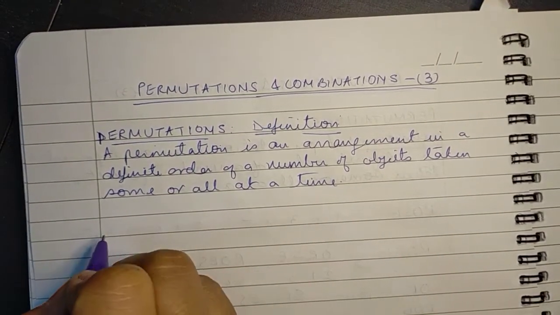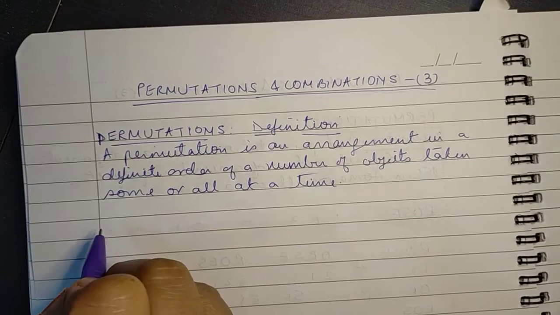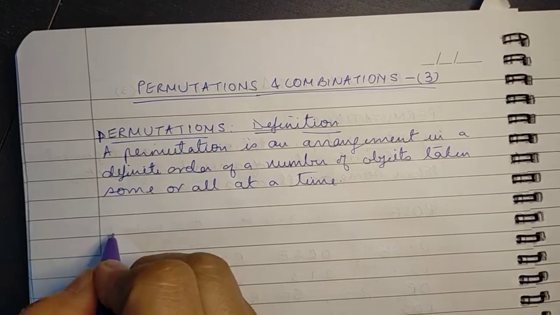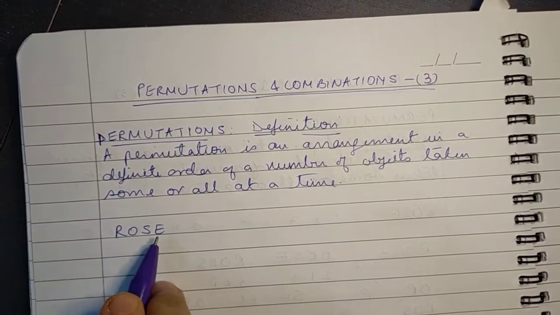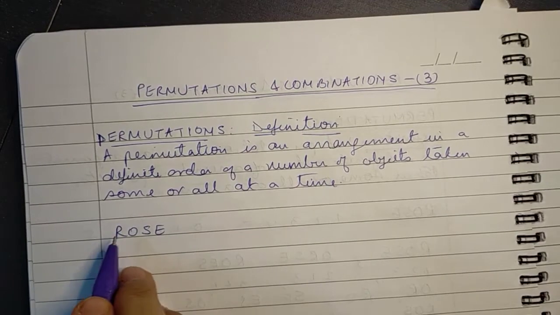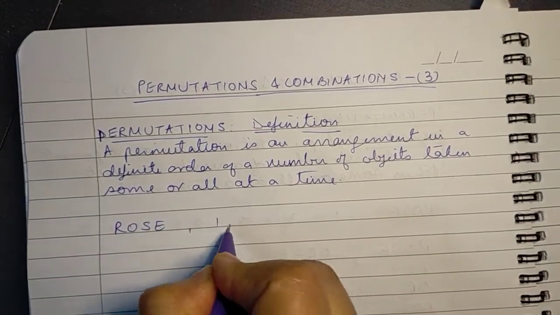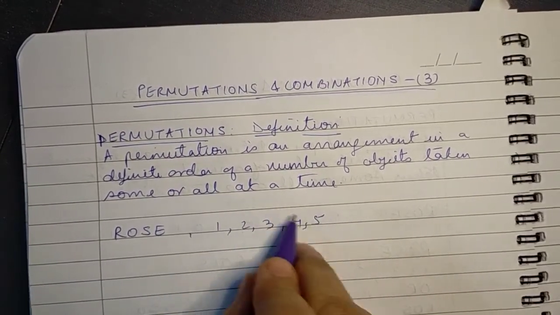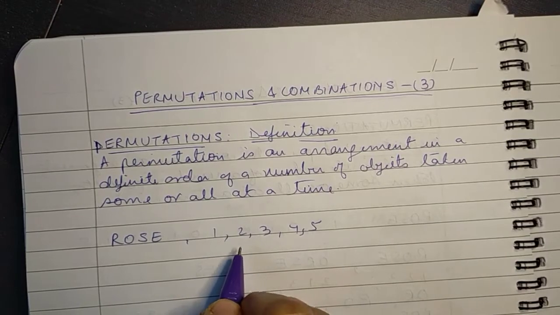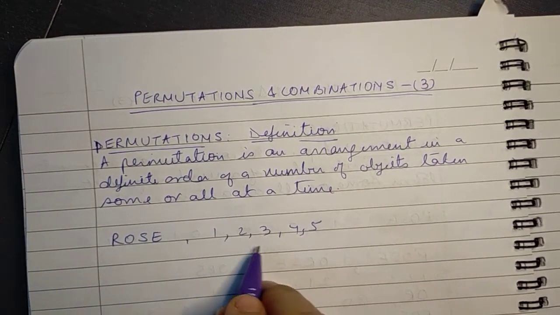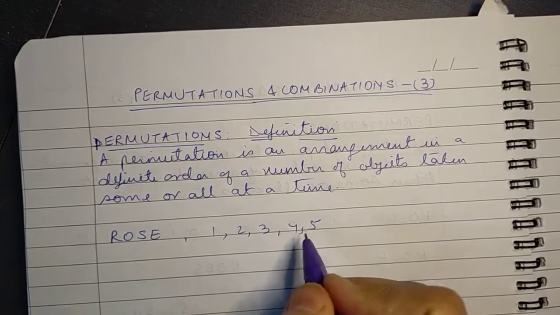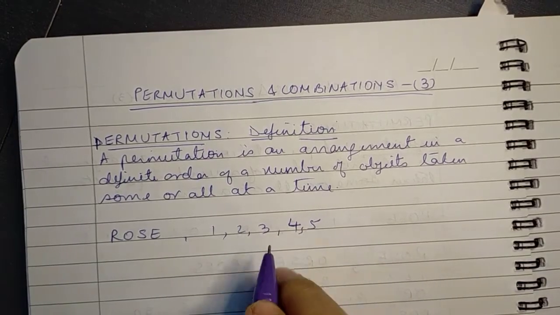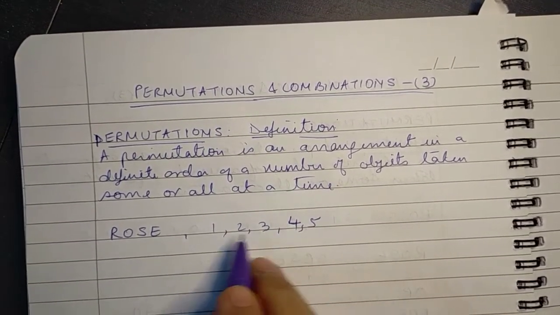Now if you all recall, in my previous video I had discussed the fundamental principle of counting, and over there we had taken the various four-letter words which we could make with the letters of the word rose, or we were given some numbers 1 2 3 4 5, and from there we formed various two digit or three digit numbers, or then we put some more restriction on it that we wanted two digit or three digit even numbers or odd numbers which can be formed.